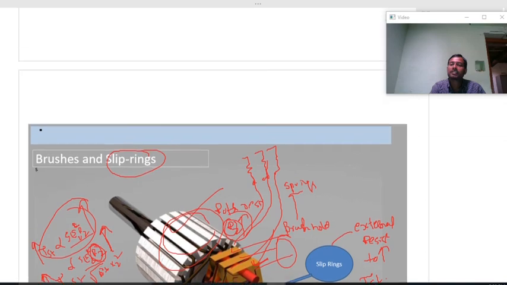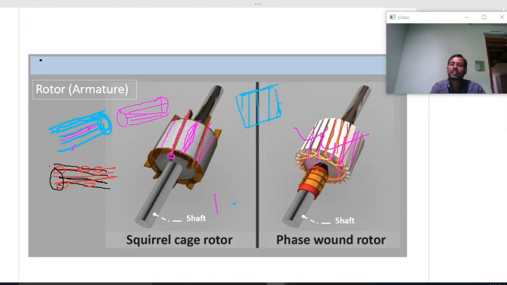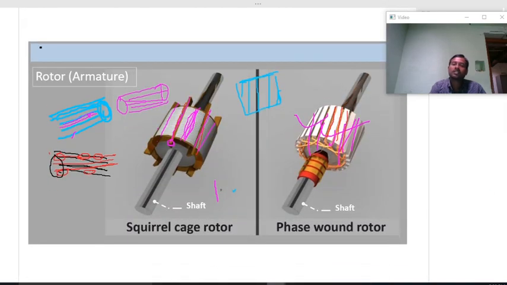So in a squirrel cage induction motor, if you take the squirrel cage rotor, there is no external resistance. There is no possibility to place the external resistance, so it can work at a constant speed. It can start at a normal torque. It cannot be used for high starting torque applications, because there is no provision to place the external resistance inside this three-phase squirrel cage induction motor.